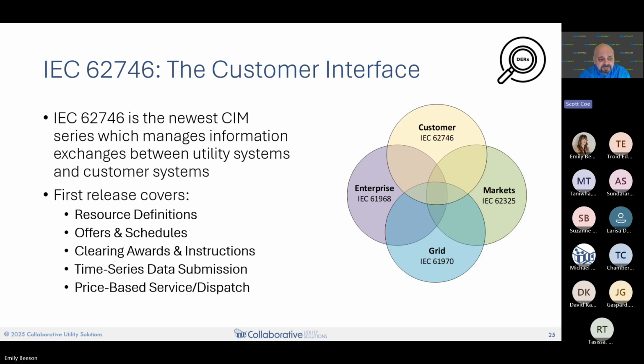So if you are implementing a price responsive program where you're publishing prices, whether that's a wholesale market LMP or whether that's a distribution LMP inspired kind of price, there is a standard price publication format which tells you where on the grid that price is valid and what services are included. So you might have a congestion price service, and batteries on a grid could subscribe to that price, and when the value of congestion support rises to a certain level, the battery could jump into action.